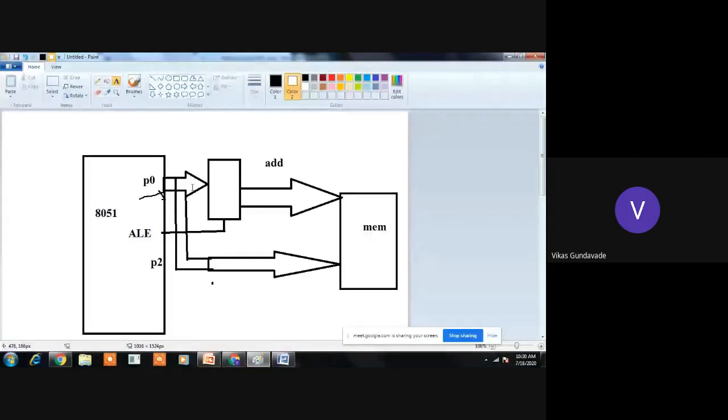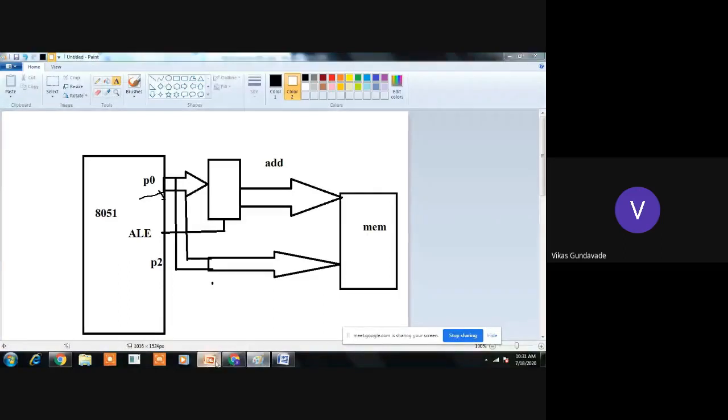That data will get transferred to the port pin, and when the write bar signal goes low, or when write is activated, that data will get transferred to these data lines. Why? Because ALE is low, so the data will not get shifted towards the output side. The data will get shifted to these bypass lines. So this bypass is nothing but the data lines. The data will be transferred from port 0 to the memory, and directly it will get written to the memory. Are you getting it, Darshan? Okay, so shall we move further?